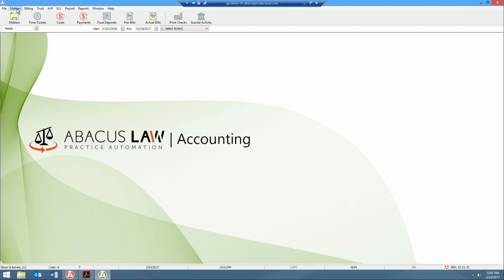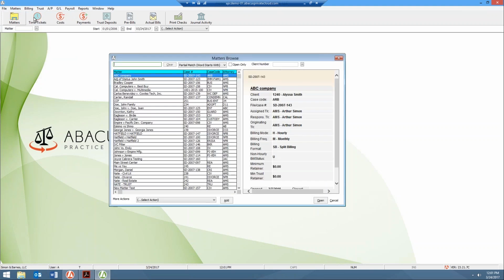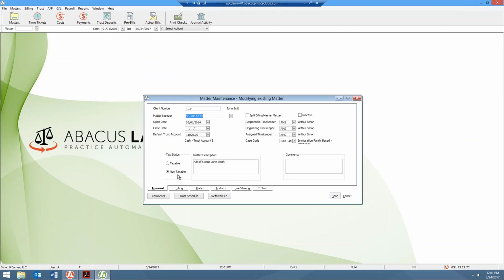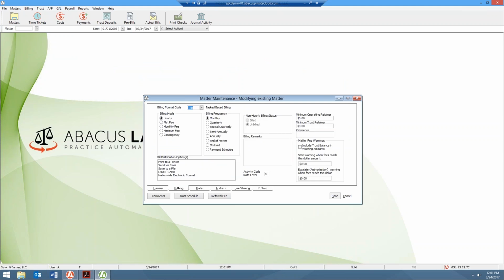If you want to narrow down your search, you can always go back and narrow down your list. But as part of the package, your accounting program will come with ABA standard codes. So when you're setting up a matter in Abacus accounting, if I click on Matters and pull up any of my matters that I already have preset here in my demo account, under the billing section, I can set up